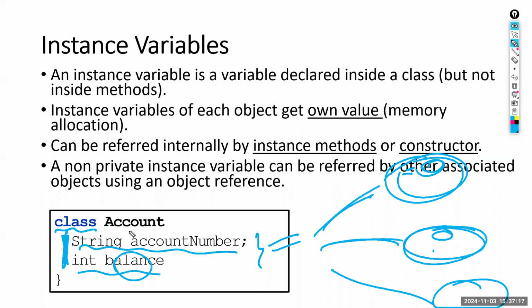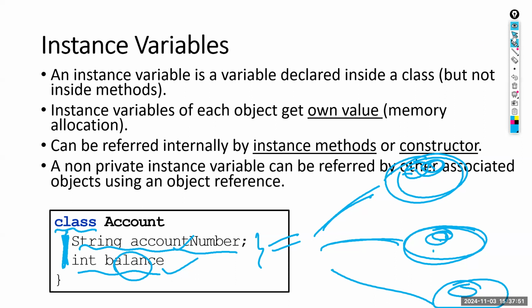And obviously, your balance is not my balance. When I do withdraw, my balance will be reduced. When you do withdraw, your balance must be reduced. When you deposit, your balance must be increased. When I deposit, my balance must be increased. So those are candidates for what? Instance variables. Every object will get its own values for those instance variables, and memory will be separately allocated. Okay. Any questions?